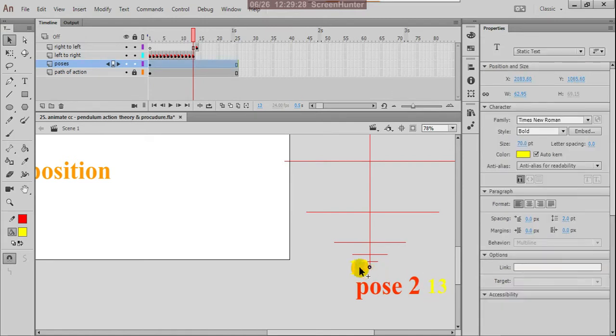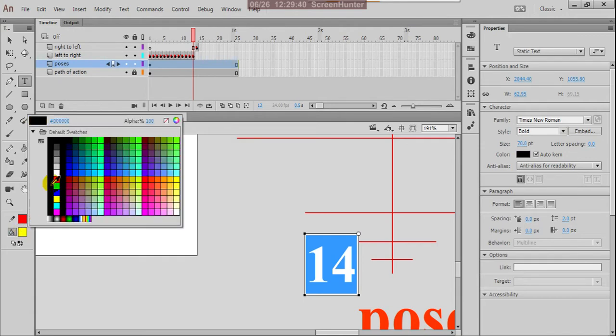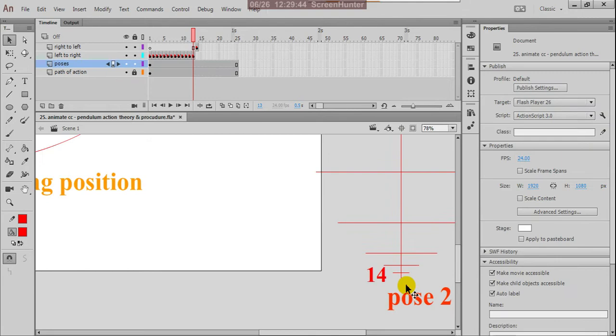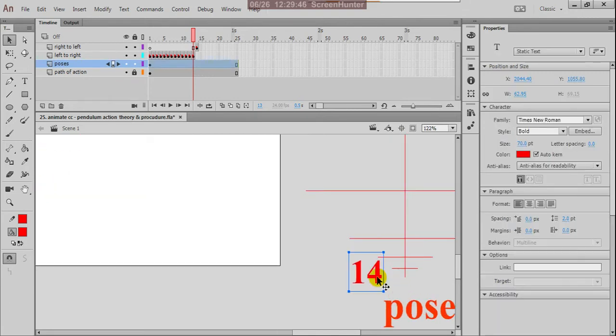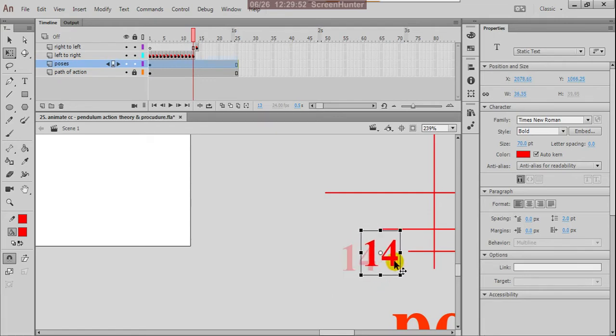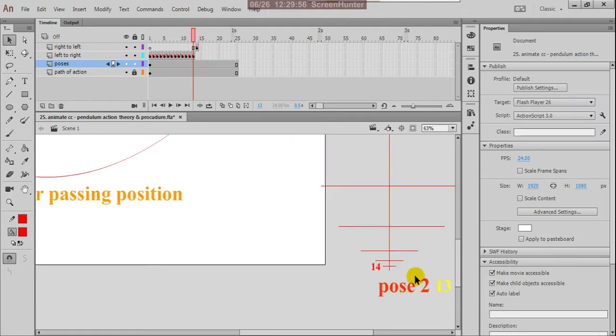Press Alt and make a duplicate of this; instead of 13 give the name 14, and choose the color red. So 13, 14.